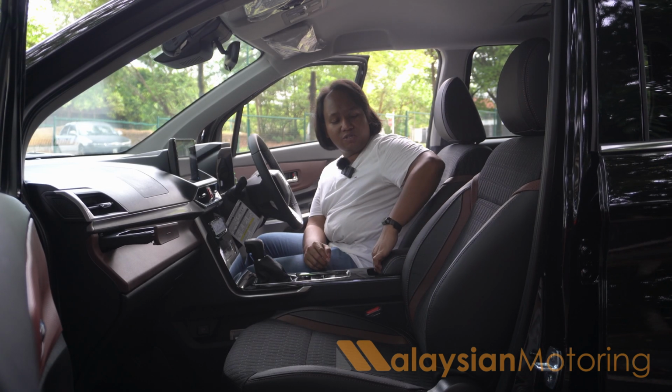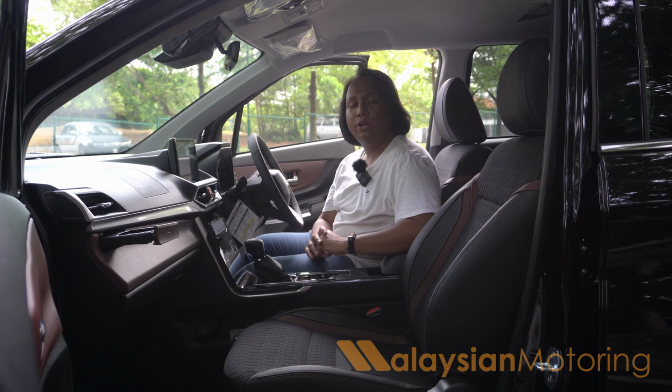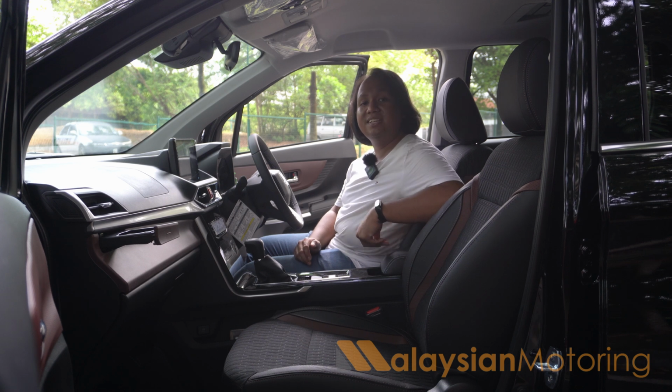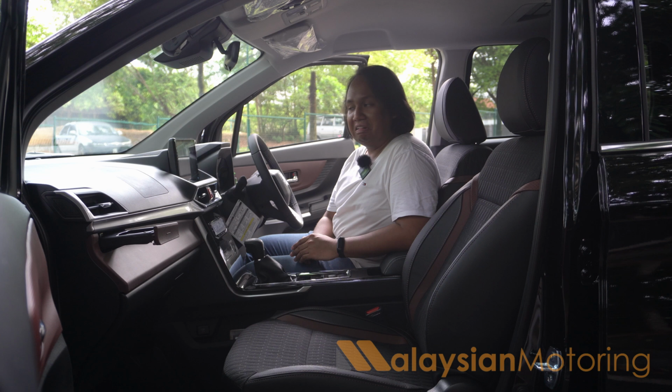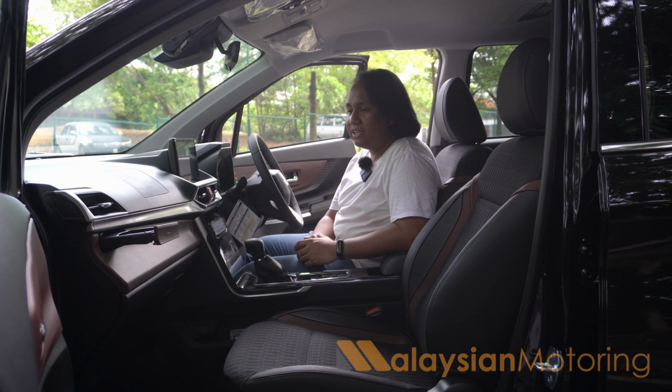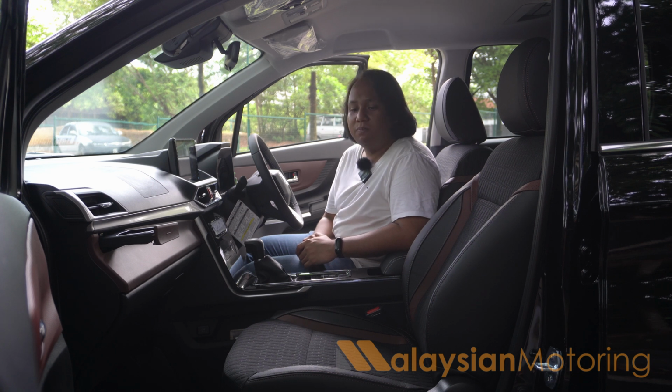And on this model, you also get an armrest, which is rather large, and the 12-volt socket lives in here, which I think is kind of nice. And because of the design of the armrest, I can actually rest my arm on it. Kind of nice. Now, in terms of material quality of the seats, much ado has been made about the fact